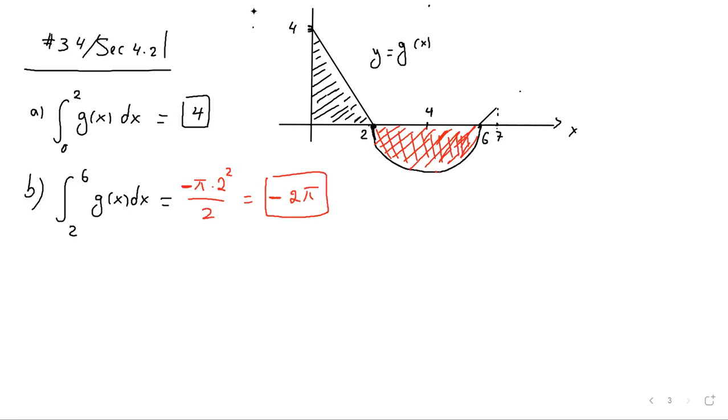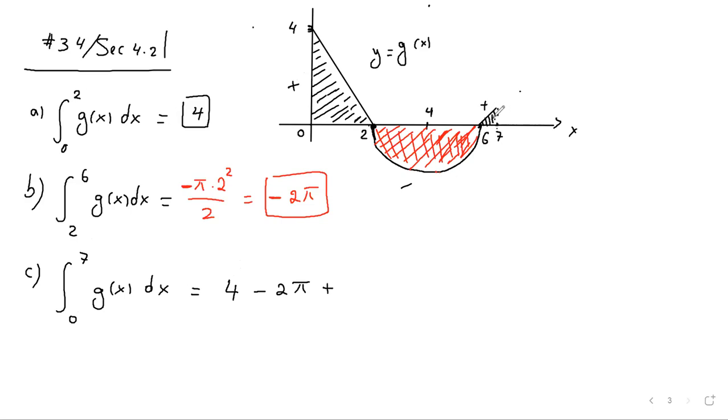And finally, part C. Again here, part C, integral from 0 to 7 of g of x dx. So what is this going to be? Well, let's see what we have. From 0 to 7, 0 is here, by the way. 0 to 7 means this one with a plus, this one with a minus, and finally this small piece here with a plus sign. So the integral will be 4 from part A minus 2 pi from part B plus